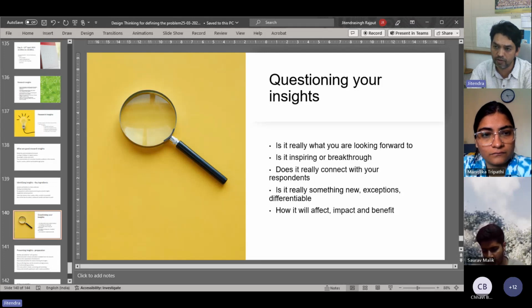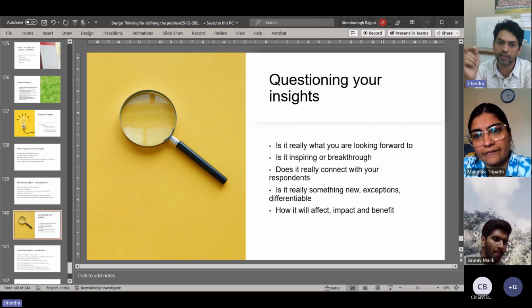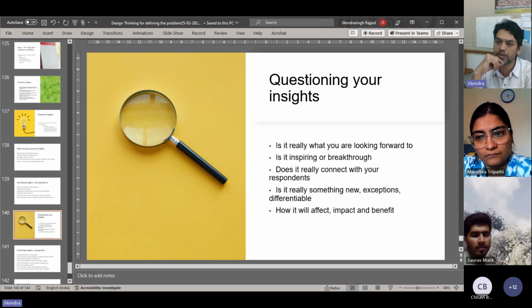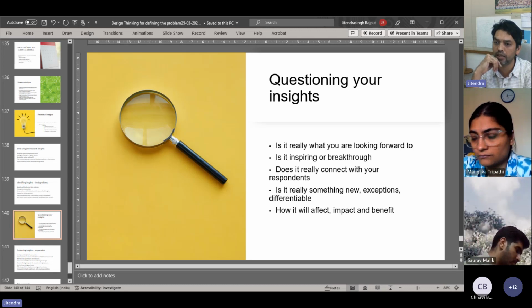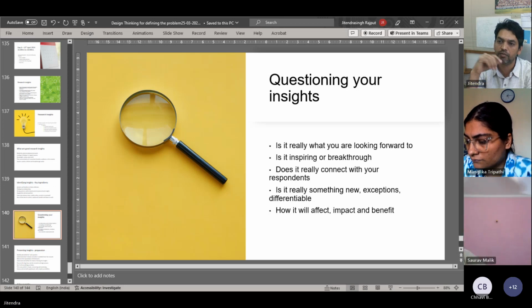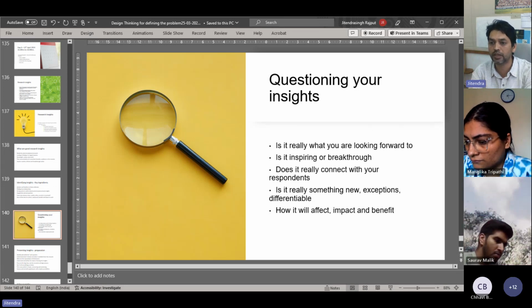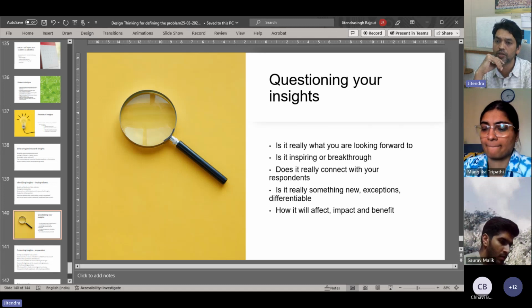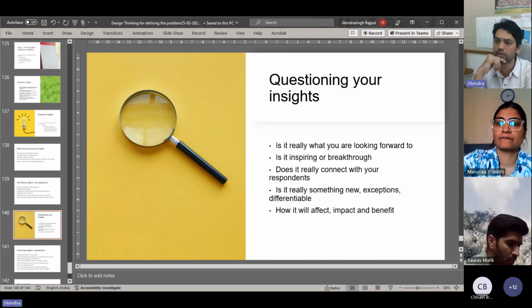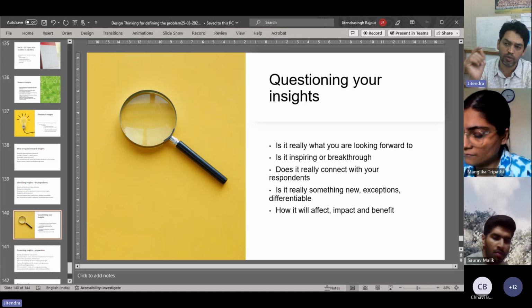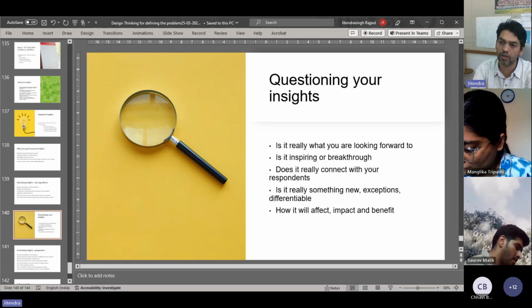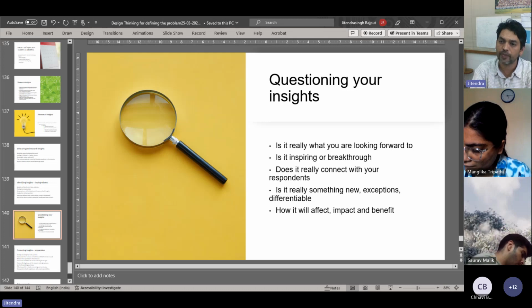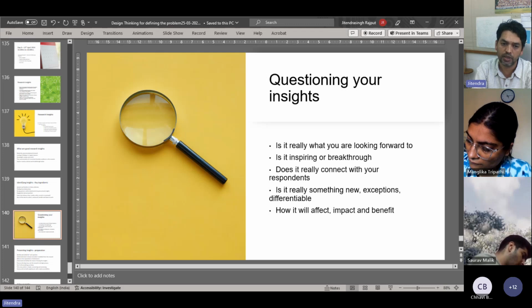When you have insights, especially when we were discussing Chavi and Saurabh, that is why I'm asking you to go back and possibly check all other details. In some cases, insights are very encouraging at the initial level, and when you move forward, maybe towards the end of your activity execution, you will realize we are missing out on something. It should not happen. And that is where you need to question your insights or your directions or your ideas multiple times. And you can possibly do some experiments also to validate those outcomes.